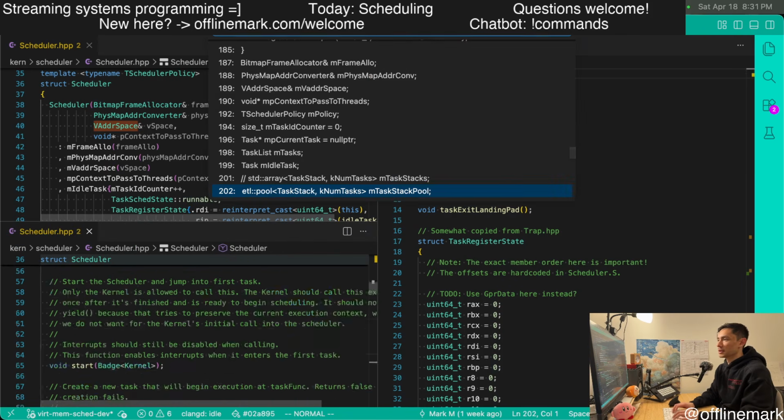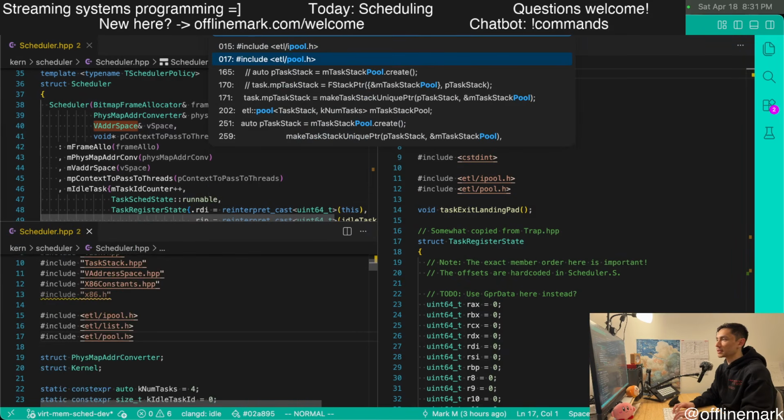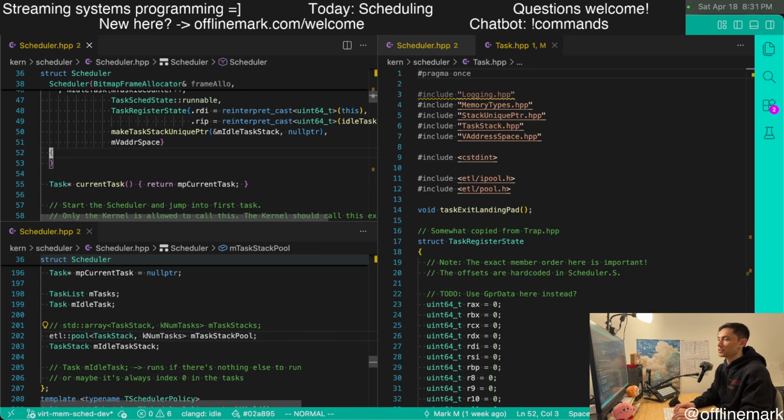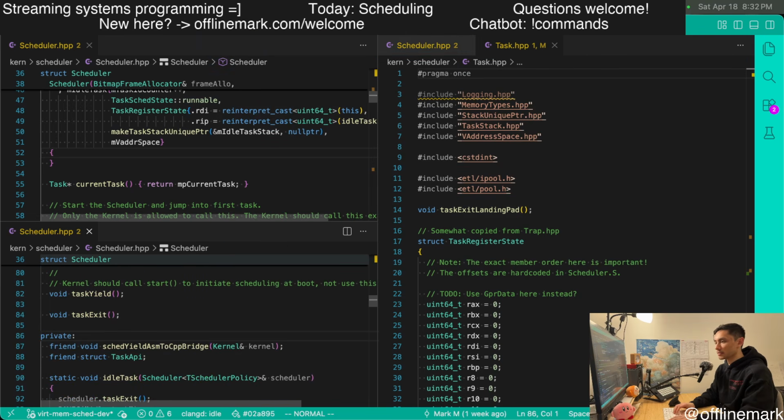We have this pool and it gets constructed, but then we want to do some further customizations or tweaks, and it makes sense that this happens in the construction of the scheduler. So I'm going to make a function in the private section,